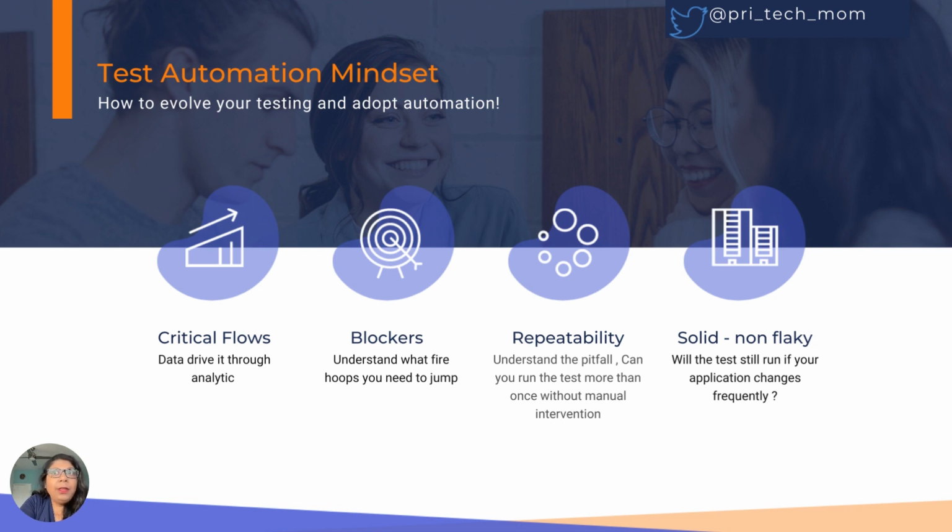The next topic is blockers. When you start your automation engineering effort, you have to understand what the fire hoops are that you have to jump through, right? Do you have an application which does not have a data ID? Do you have an application whose performance is really bad? Do you have an application which makes it super difficult to authenticate? You have to do some kind of discovery to understand what your blockers look like for very solid automation, and how you will do the road mapping so that those blockers are solved.